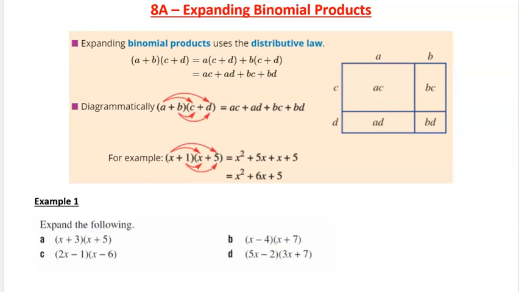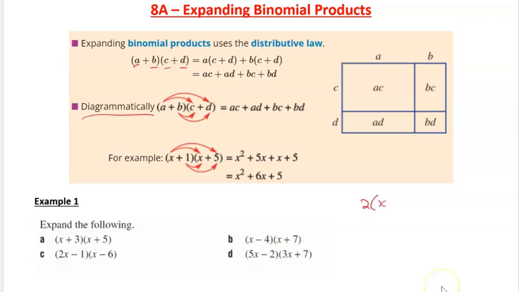A binomial is when you have two terms that are added or subtracted together, and when you multiply binomials, we have a special way to do that. We can show that diagrammatically, where we use our arrows to multiply in order, or we could show it over here like on the graph. So essentially when we're multiplying things, we use the same rule we would use if we were expanding something